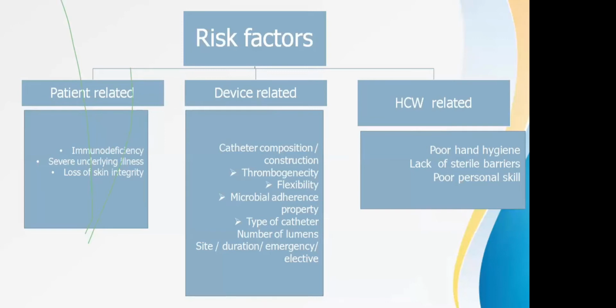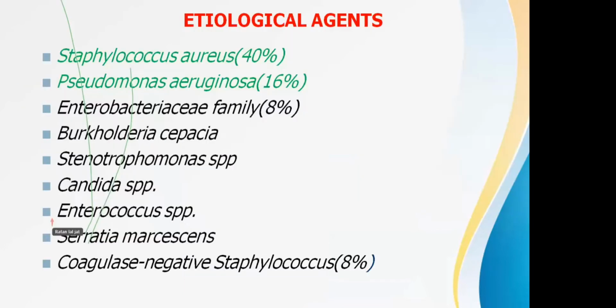Then we move on to the healthcare worker related. That has to be either an untrained person, or there is a breach in the practices in how you are inserting the catheter. So again, it is healthcare worker related only. Or the healthcare worker is not trained; maybe it's a trainee, maybe it's a fresher. So you are not actually dealing with the right person who knows how to insert a central line. So you have immunocompromised patients, you have how to identify which catheter and what are the risks, the catheter composition, and then we have the healthcare worker related challenges which may lead to central line associated bloodstream infections.